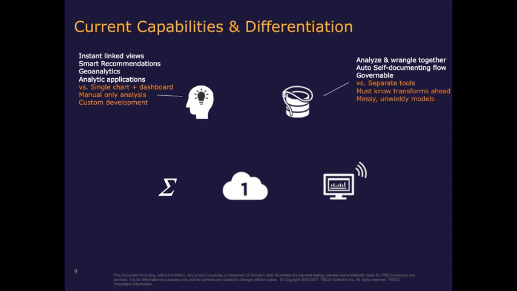Second, data wrangling. And data wrangling is all about analyzing and wrangling your data together, not having to step out of your analysis into another environment, not having to go upstream to talk to IT about doing the data transformations you need, but being able to do that directly within your analysis in an iterative way, as is often critical. As you visualize and analyze, you might realize you need to transform your data in some way in order to enhance that analysis. And in doing these transformations, we automatically document the flow of them so you can understand what's happened, have that documentation, and be able to reuse it, all within a governable framework.